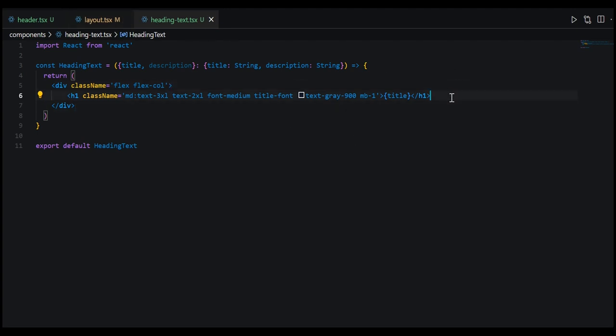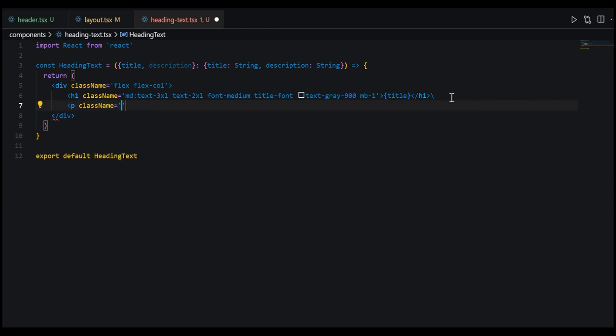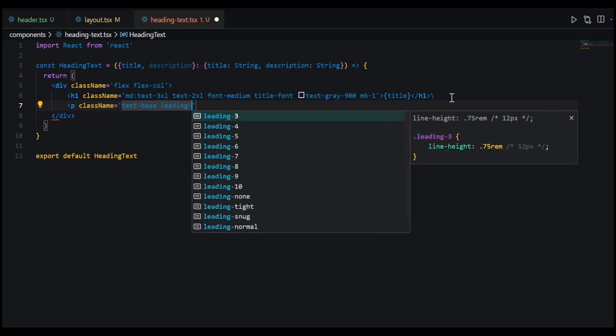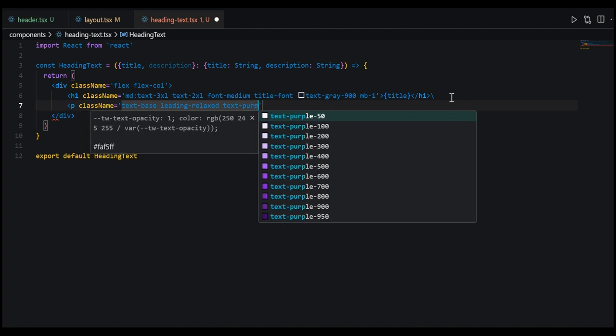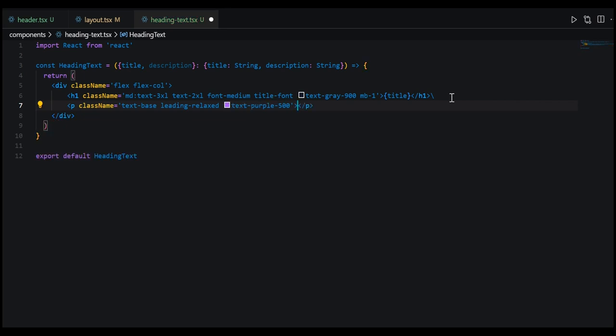Now let's add a p tag, which will be for the description. We'll give it a class name. We'll set the text to base. We'll say leading relax. We'll set the text to purple, and I want to make it purple 500. Let's close this p tag and pass in description. And for right now, we can go ahead and close out the layout.tsx, and we actually can close out the